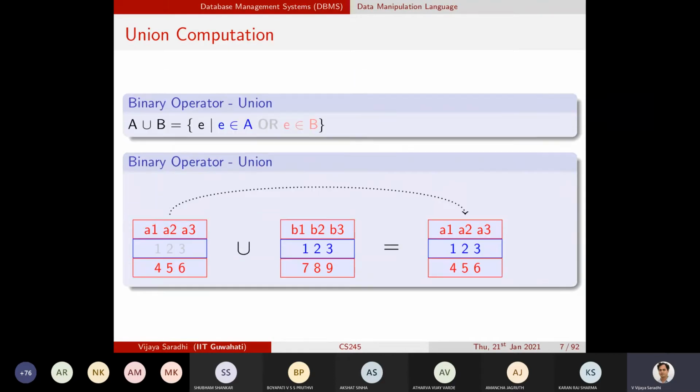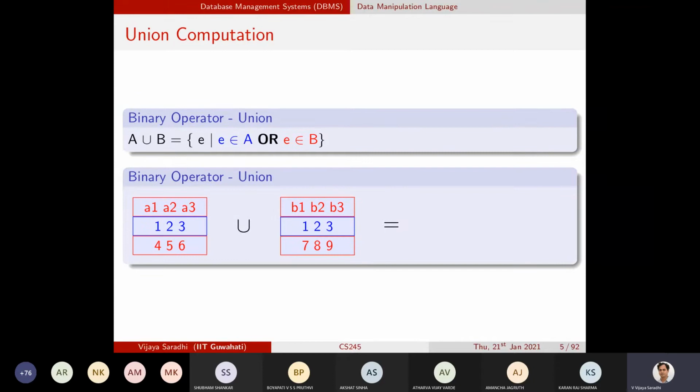Even before you say anything, we have been given two tables. Here column names can be different, but their data types must be identical. So here I have two distinct column names for each of these two tables. Here is A1, here is B1. But what could be the column name for the resulting table set? Now you see very carefully.